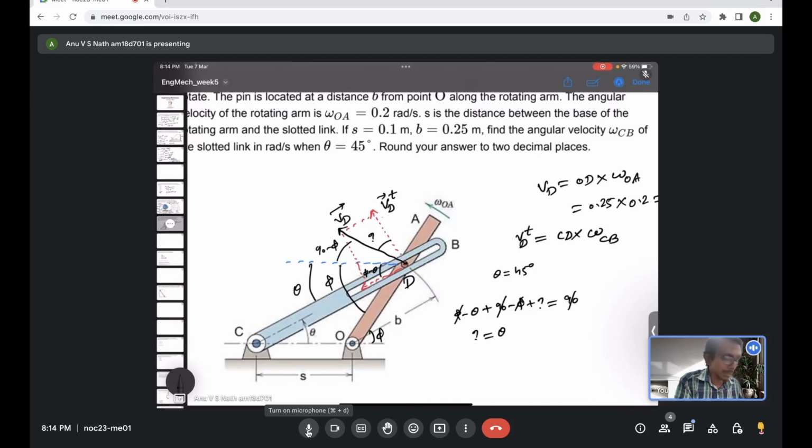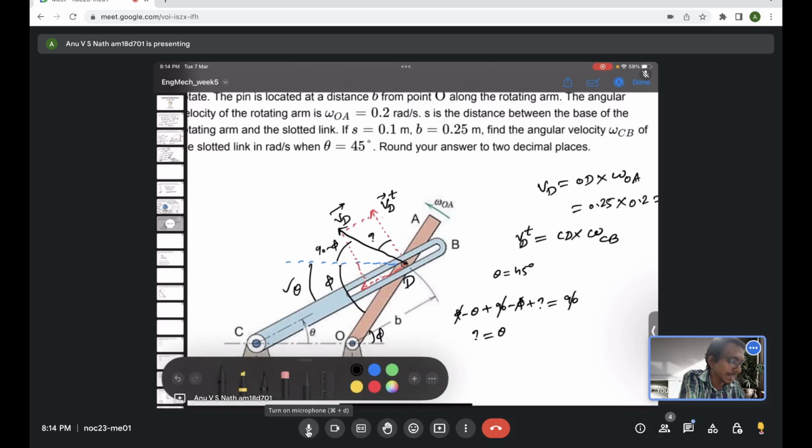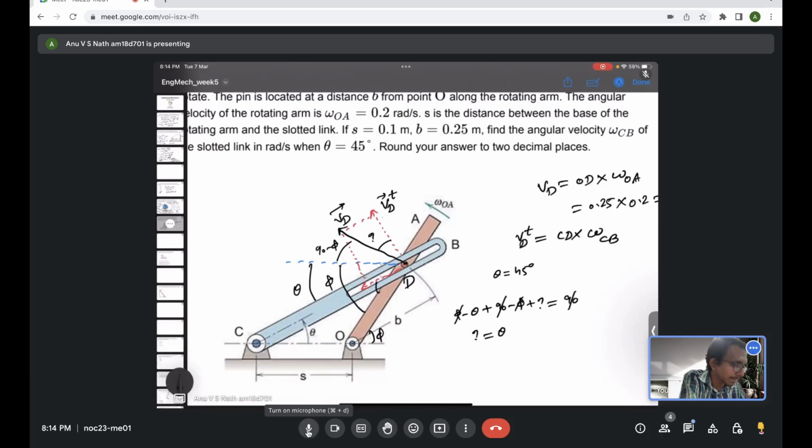Yeah, again I made a mistake, sorry. So this angle cannot be 90 minus theta. That I already denoted, that is theta, right? But this angle is, that is 90 minus theta. Okay, so in our expression, what change will come is that